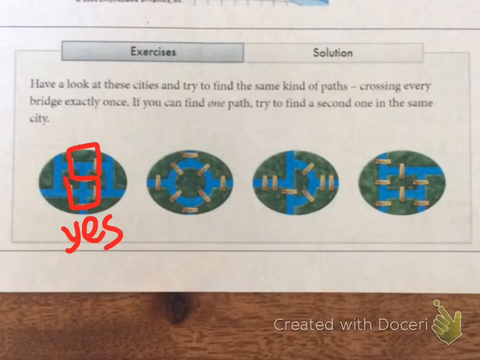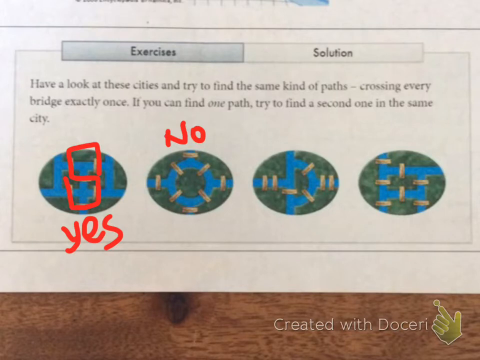So here, let's give this one a couple of tries and see what happens. So maybe we start here and come this way. I don't know if we should go... That didn't work. I already messed up because I'm going to get stuck no matter where I go. I can see that happening. Maybe if I start in the middle, come out, go around, back to the middle. I'm stuck if I go that way, and I'm going to get stuck if I come this way because I can't go back. So I'm going to guess on this one, you guys. I don't think this one's going to have a way to make that happen.